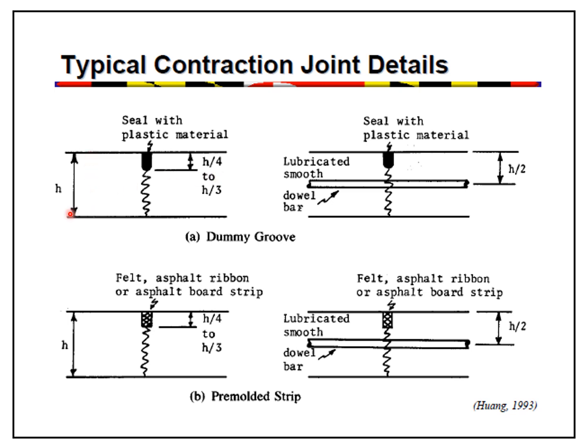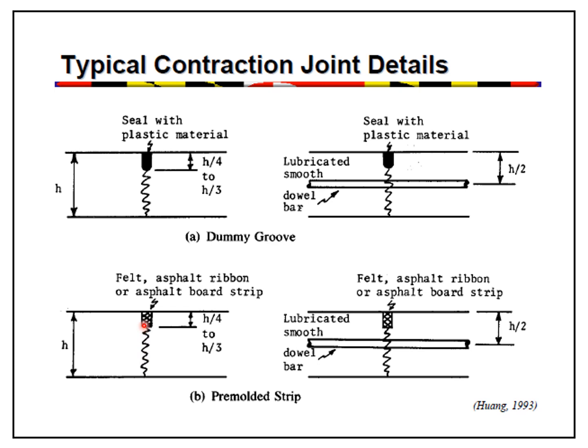So both either small h or capital D for the depth of the slab, or the thickness of the concrete slab. Now here you can see again the dummy groove, but here the lubricated smooth dowel bar has been placed at the mid depth. Now look at this one, that is the pre-mold strip. Now here, after having the joint, after cutting the joint over here,